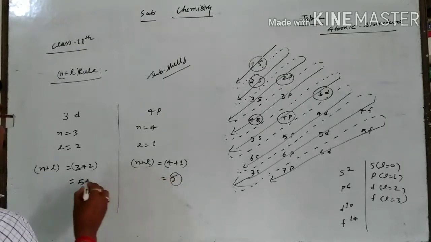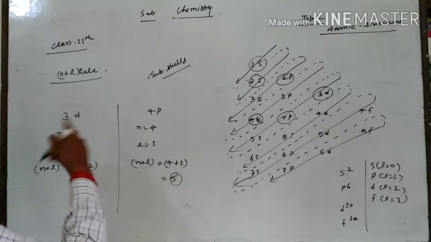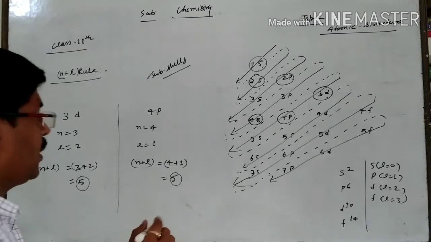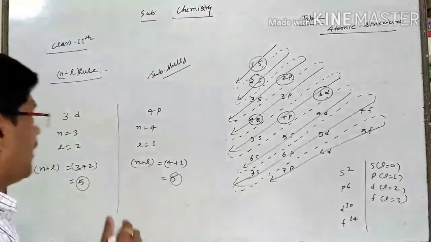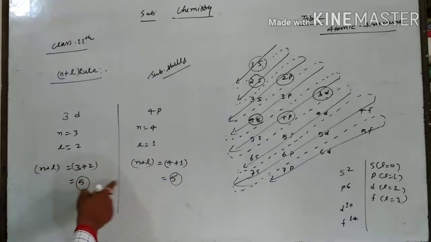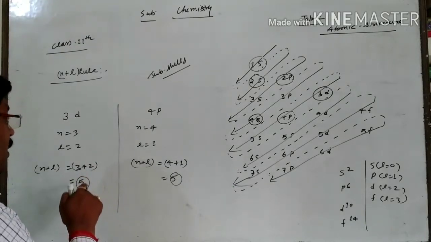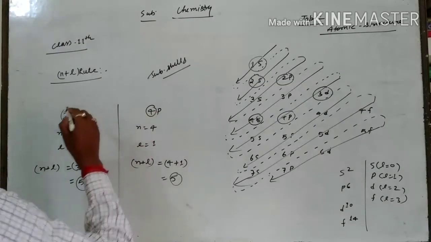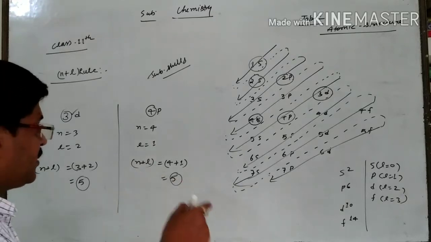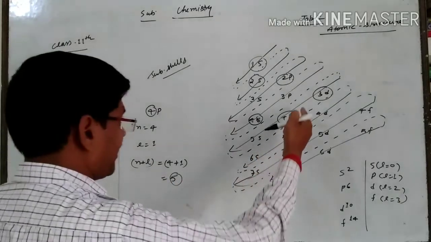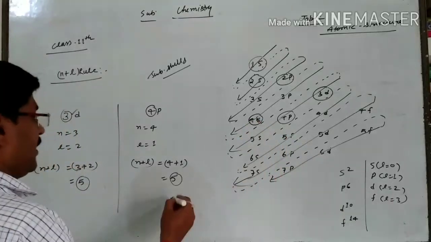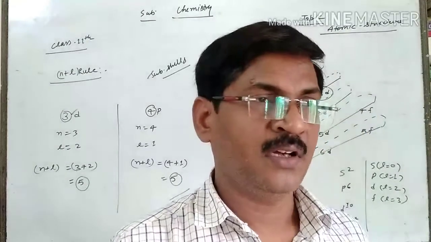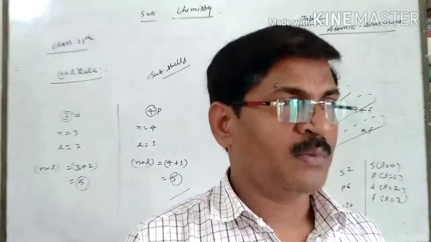As I am saying, for two or more subcells you will find the value of n plus L coming the same. As in the second point I am narrating, if n plus L value is the same, the electron will enter firstly the one having the lowest value of n. You see here n is 3 and here 4. So the electron will enter firstly in 3d in comparison to 4p. So here you see 3d, then after that 4p is coming. In this way, you can do the configuration of any atom, and I think your problem is going to be solved.